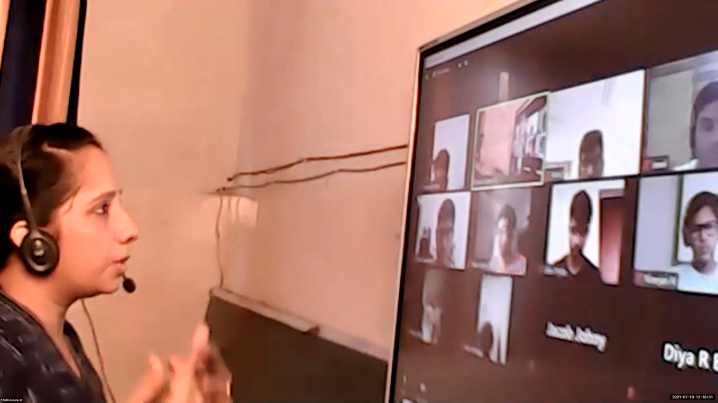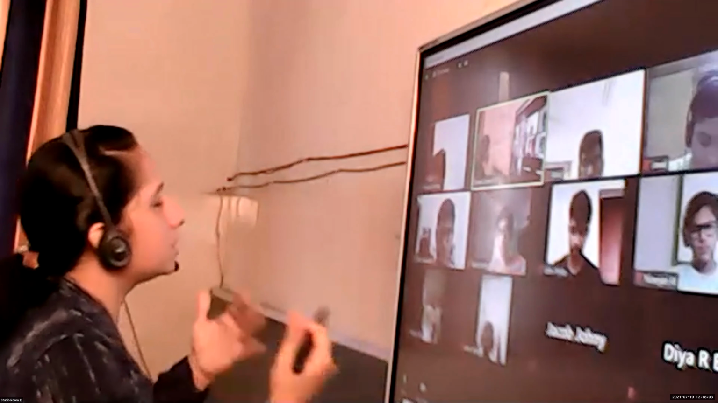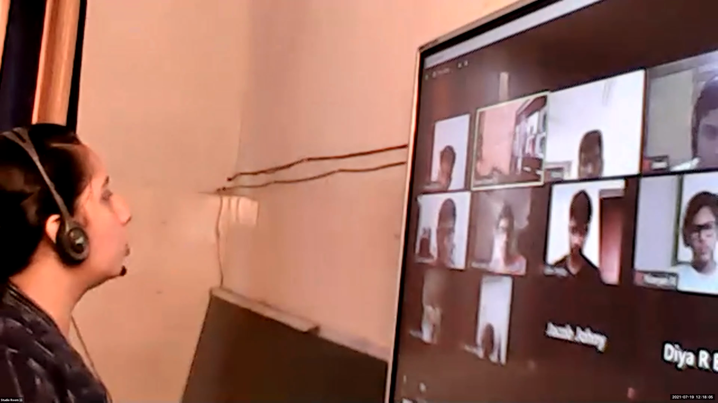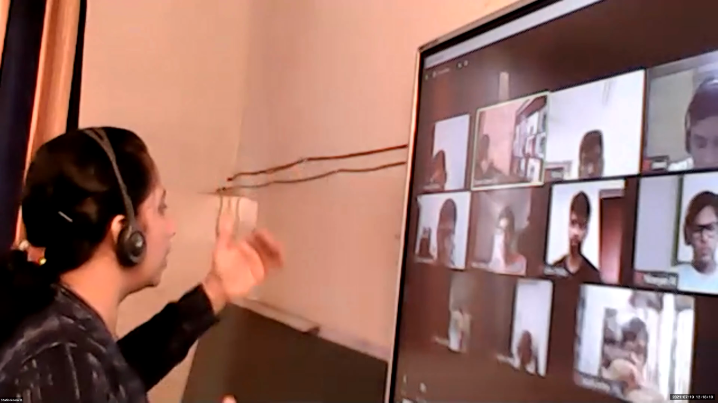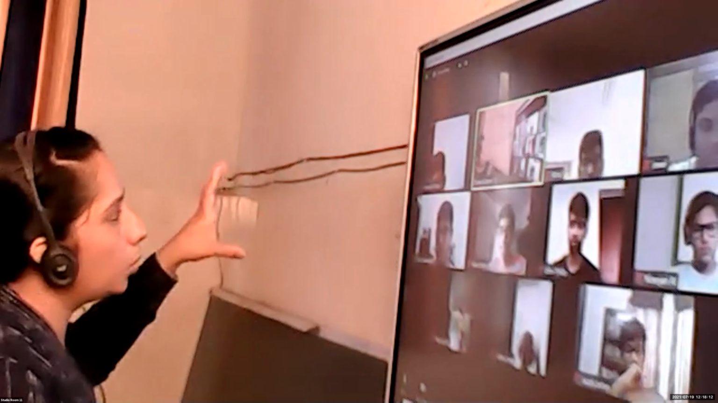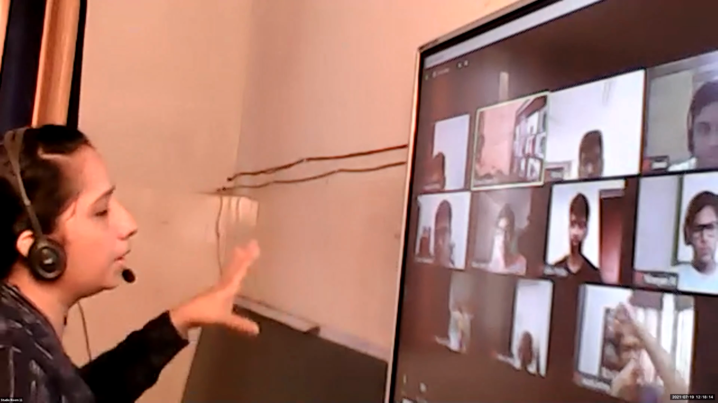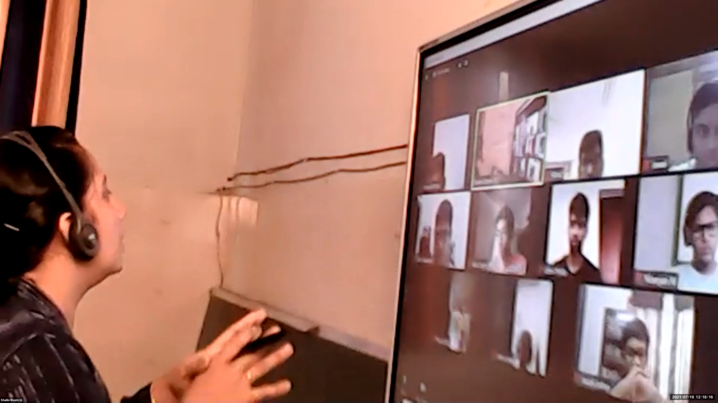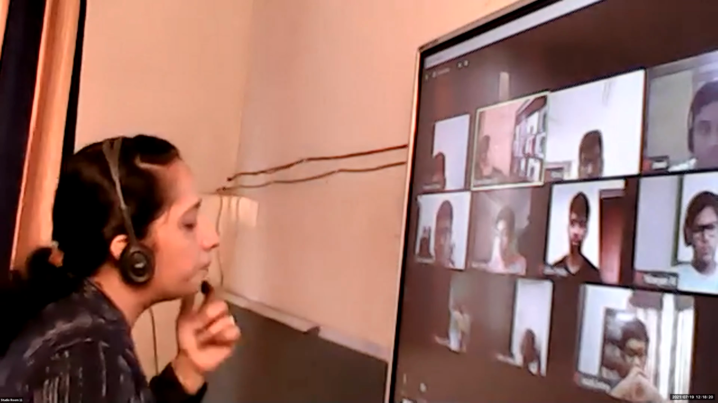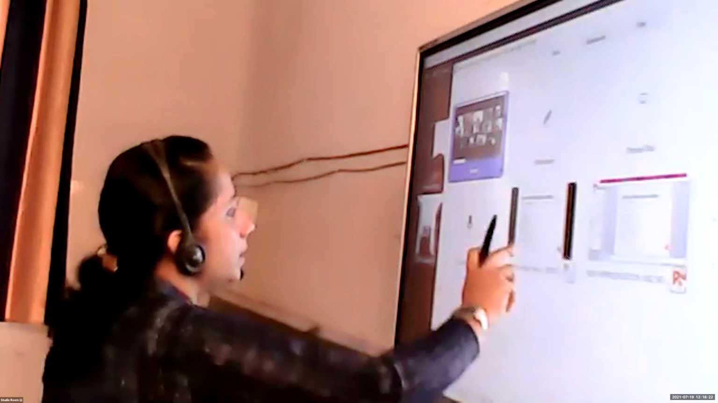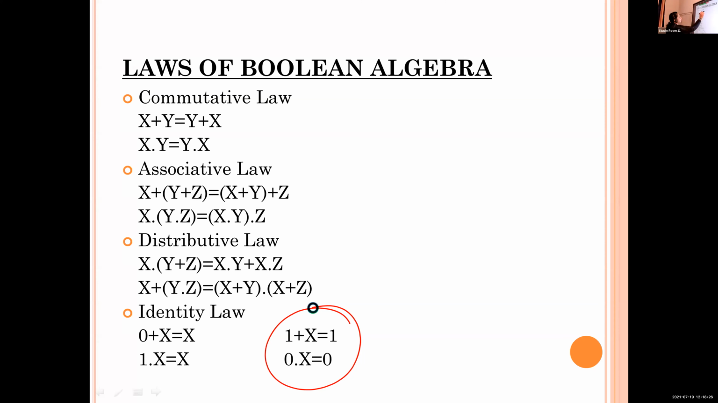Associative law is needed, distributive law is needed, identity law. All these laws are needed for proving De Morgan's law. For that purpose, we continue with these Boolean laws. This is not included in your syllabus, but I'm just explaining which laws are included in Boolean algebra. Then the identity law is 0